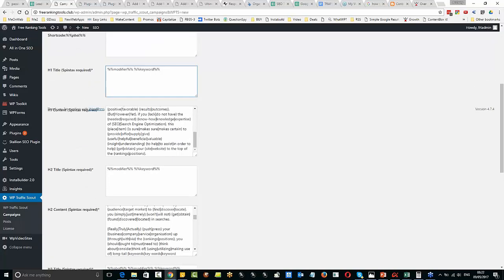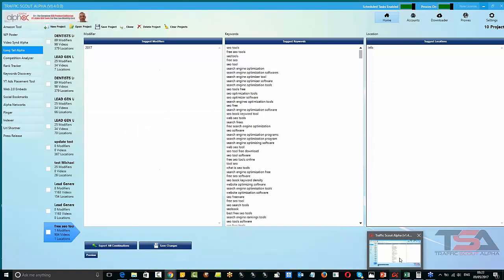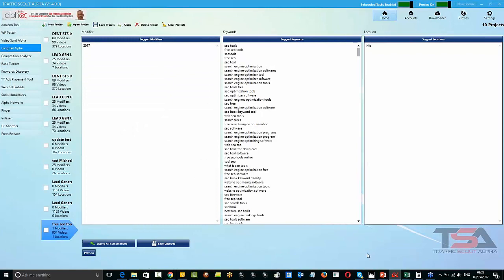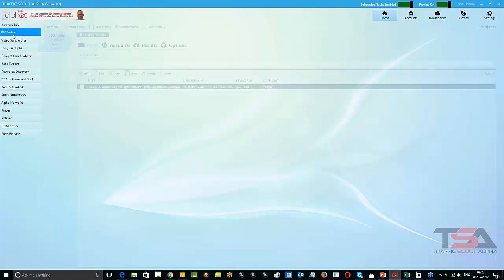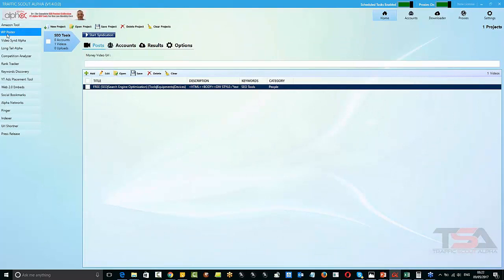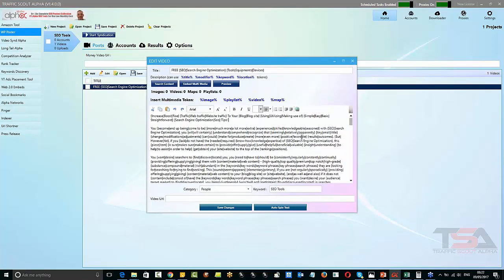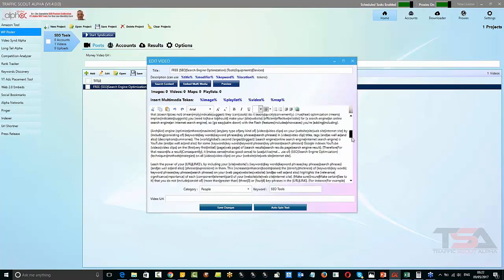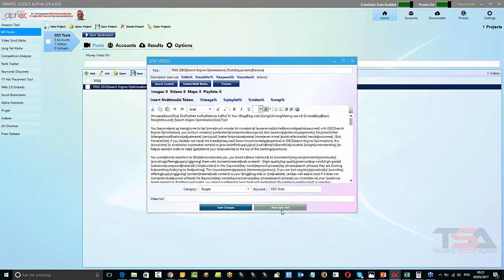Now the spin tags, what I did, very, very simple. What I want to do is get relevant content, but I'm not worried about the quality of the content. I'm doing it just for research purposes. That's what we're doing this for, for Traffic Scout, to find the keywords that we can rank for. So all I did was go over here to the WordPress poster in the desktop tool. I'll click on edit, and you can see in here that I pulled in an article from Article Builder about SEO. I auto-spun it. Then I just simply copy